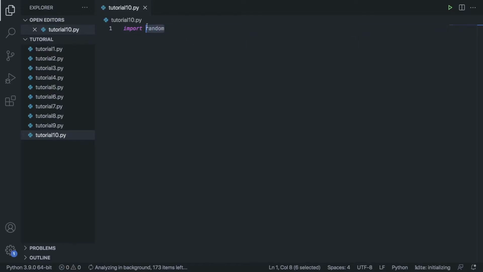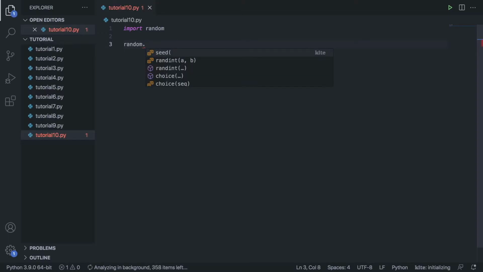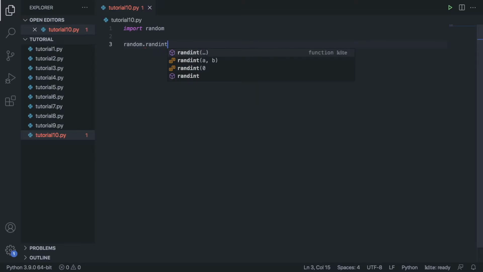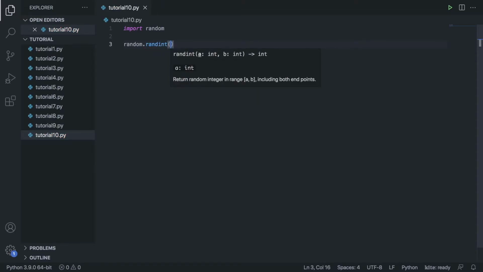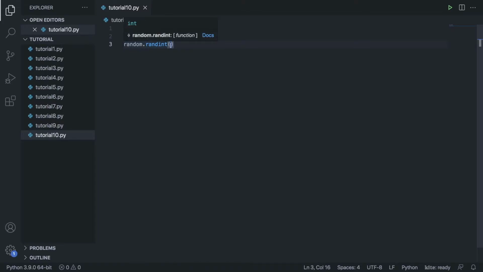In this random module, you have a lot of functions that you could use. For example, one of the functions is random dot randint. To use one of the functions or methods, you use dot and then the function name. Inside random.randint you type in the range that you want, the first number and then the number that it ends on, just like what we did in the range function from the for loops. So randint 1 through 9,